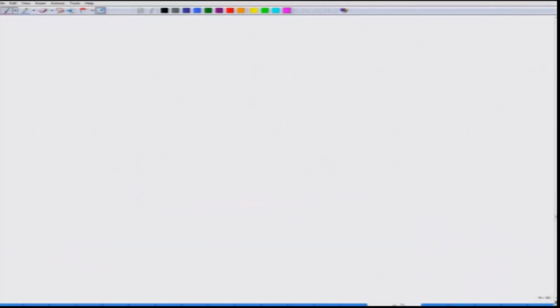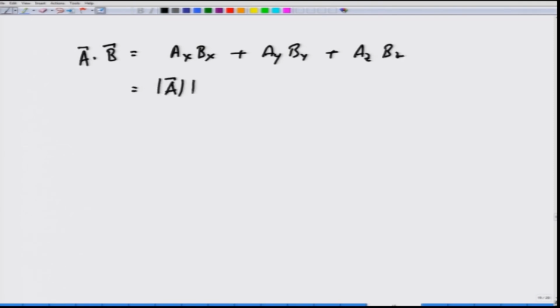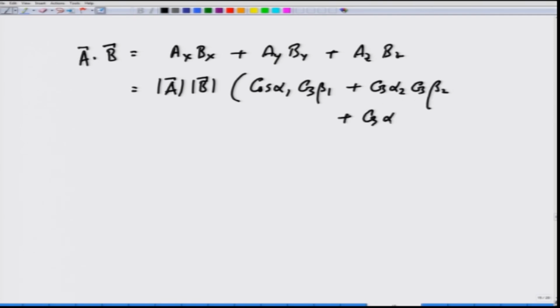And therefore, now it is very straightforward that A dot B, which is nothing but A x B x plus A y B y plus A z B z is going to be magnitude of A times magnitude of B times cosine alpha 1 cosine beta 1 plus cosine alpha 2 cosine beta 2 plus cosine of alpha 3 cosine of